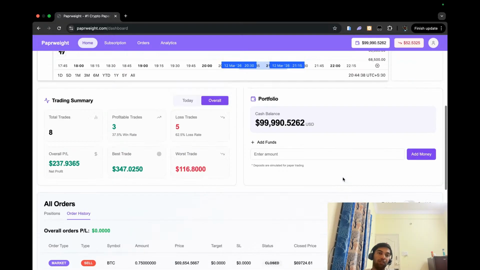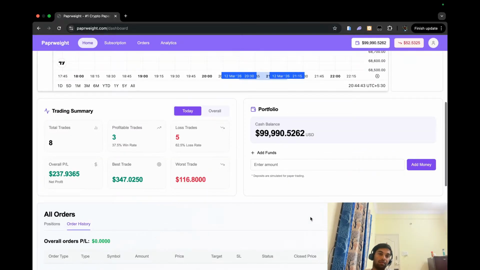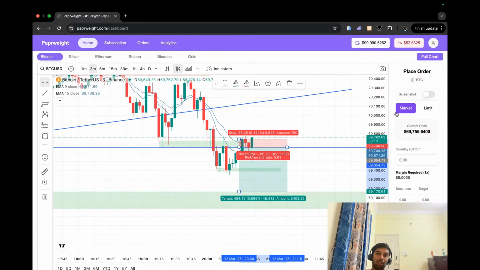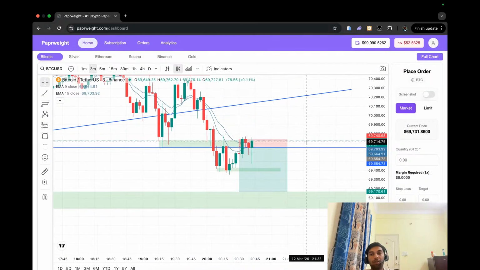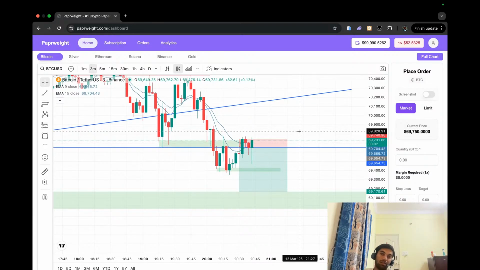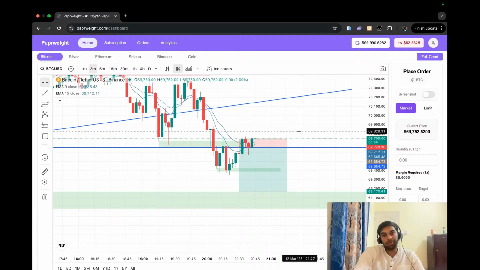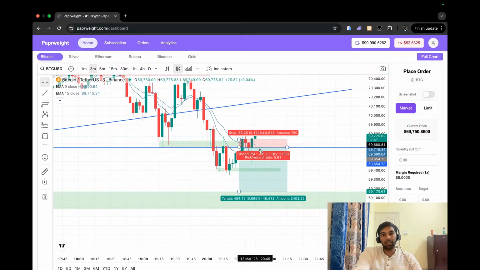All right, let's square off current session, today's session. So we are at 99,990 already. We are at $10 loss. That's fine. We'll come tomorrow because after this much, yeah, it will hunt stop loss and then it will fall. It will fall for sure. It will come here, but it will wipe out all the weak sellers out here, and it will try to continue again. All right, guys.